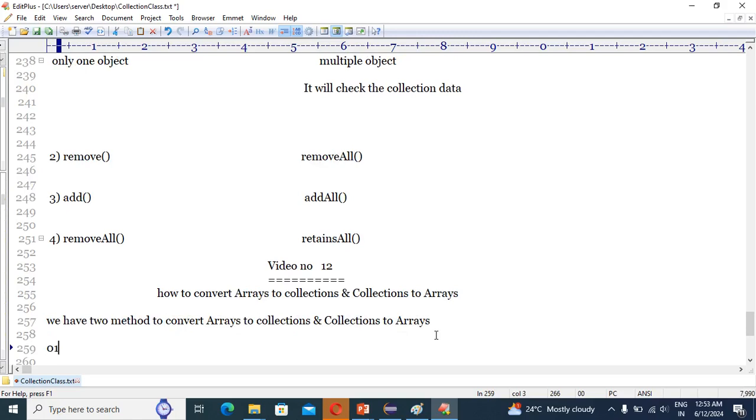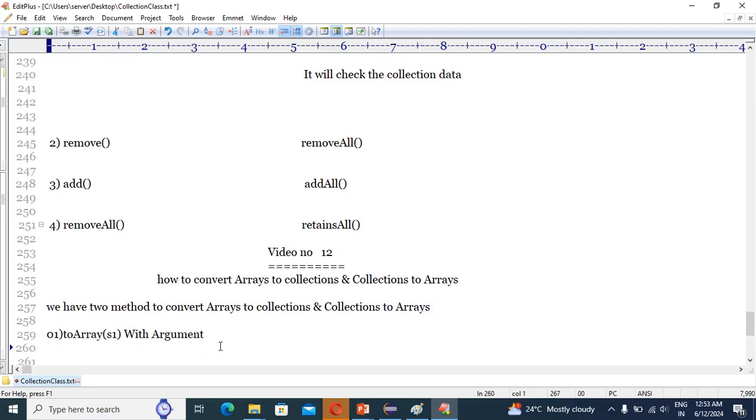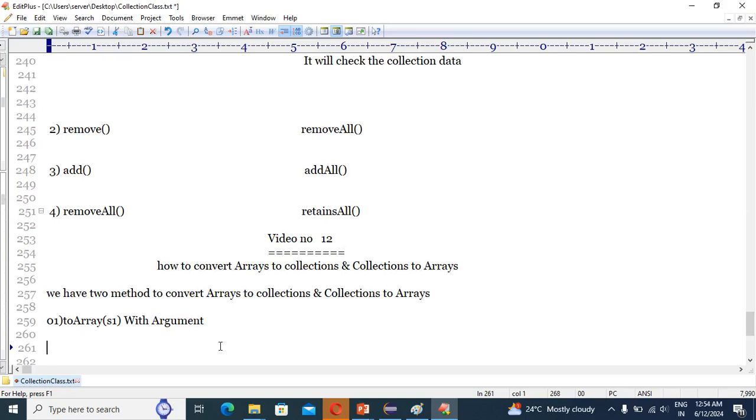I will write one by one. First, toArray with argument. Suppose I am passing here s1. So when we use this method, I can also write here: